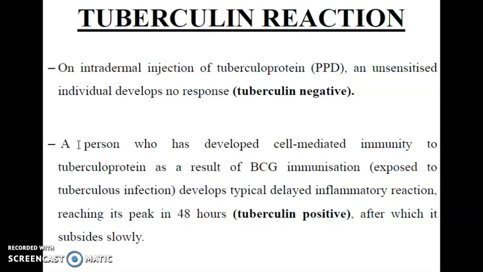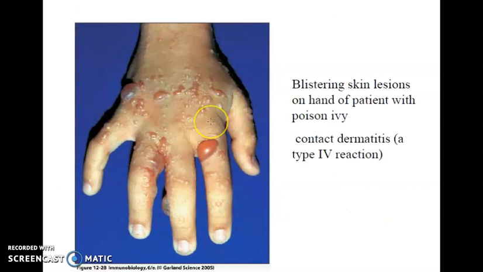On intradermal injection of tubercular protein, an unsensitized individual develops no response, that is, he will be tuberculin negative. A person who has developed cell-mediated immunity to tubercular protein as a result of BCG immunization develops a typical delayed inflammatory reaction reaching its peak in 48 hours, after which it subsides slowly, and this is the case of tuberculin positive. And this image shows the blistering skin lesions on the hand of a patient who has been exposed to poison ivy